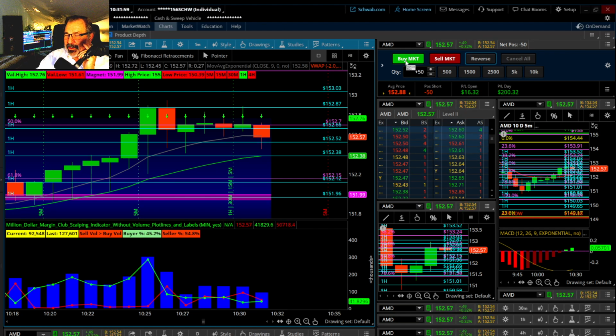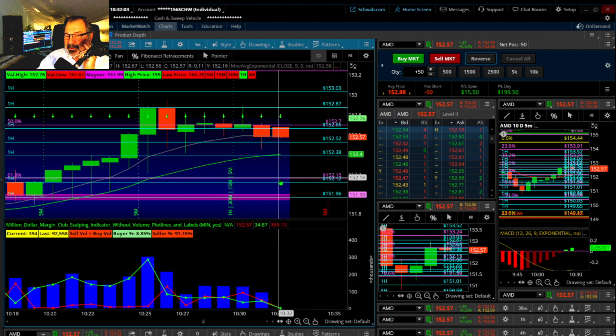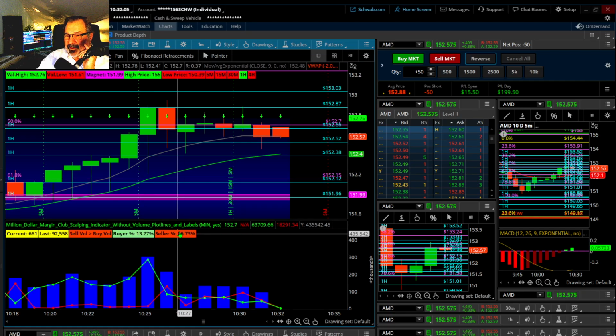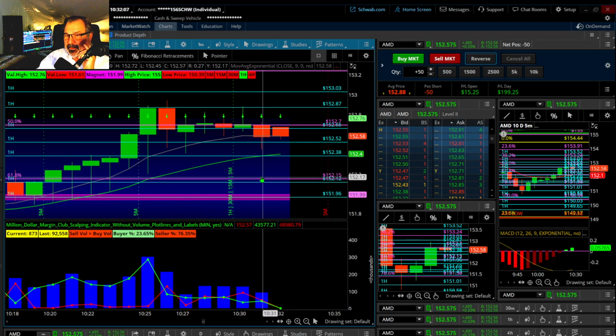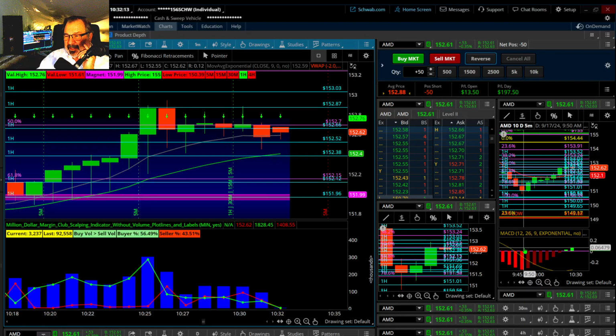But it is showing it going down. Volume picked up here, guys. So if we were in the middle of trading, I would say stay short. Look at that. And the magnet never pulled up. All the multi-chart alignments are all red. This is a down move right now, even though the MACD is not showing it.